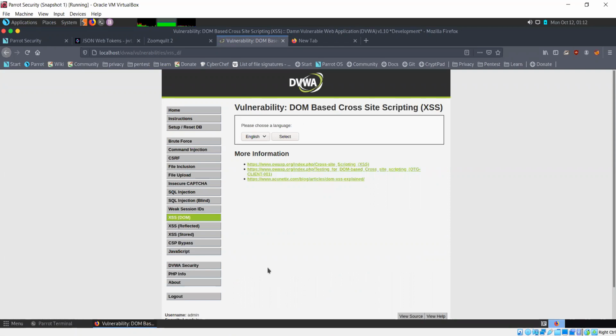Okay, before I talk about DOM based cross-site scripting, are you familiar with what DOM is? No, sir. No. See, DOM stands for Document Object Model,